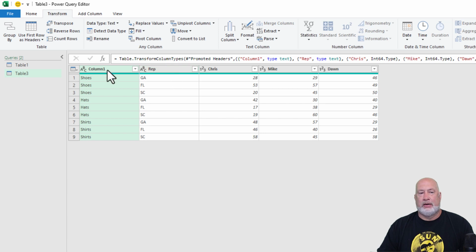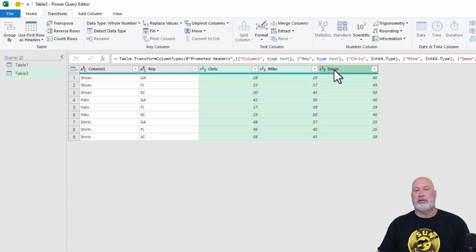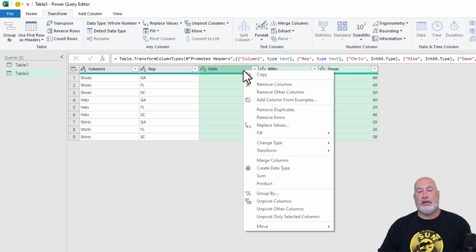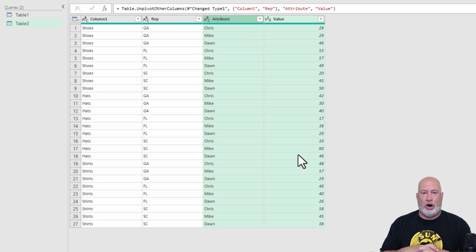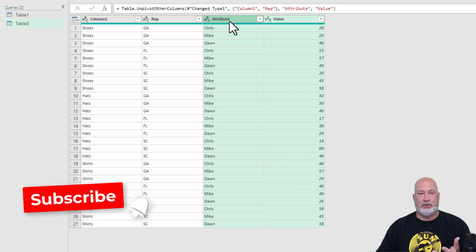Cool. So now I've got header rows up in the top row, and I hope you know what we're going to do from here. Column 1 is correct. I can need to rename it, but it's correct. Column 2 is correct. The issue is I clicked on the Chris column, I held down the Shift key, and I clicked on the Don column. Right click. I want to unpivot these columns. Perfect, right here, good to go. I could rename that, rename that, rename that, and rename that. So we got everything looking exactly the way we want to.